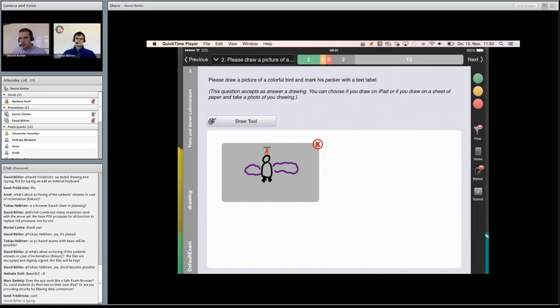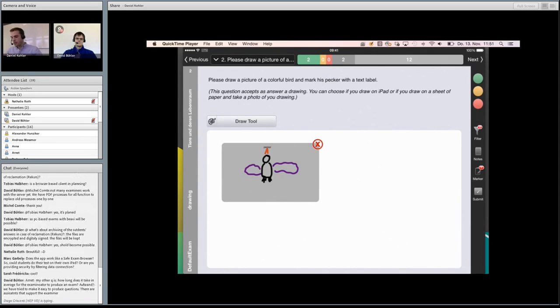I see there is a question regarding what's about archiving of the student answers in case of a legal dispute. And the questions are all archived. Before they're handed in, the whole set of answers is actually signed on the iPad and delivered to the server via a secured connection. So you can really be sure that the data has not been manipulated.